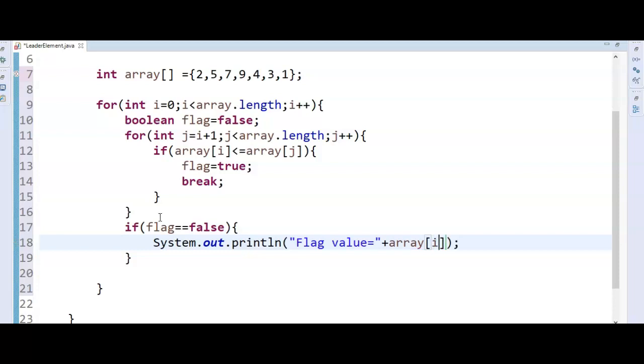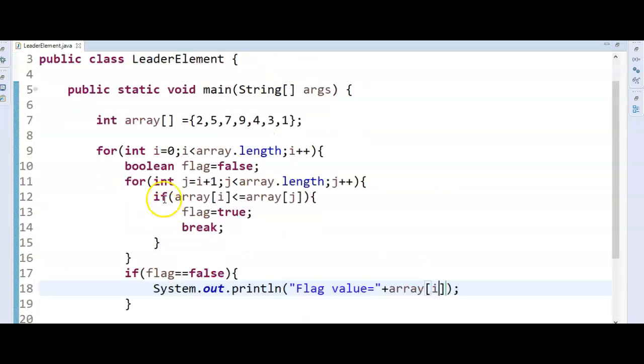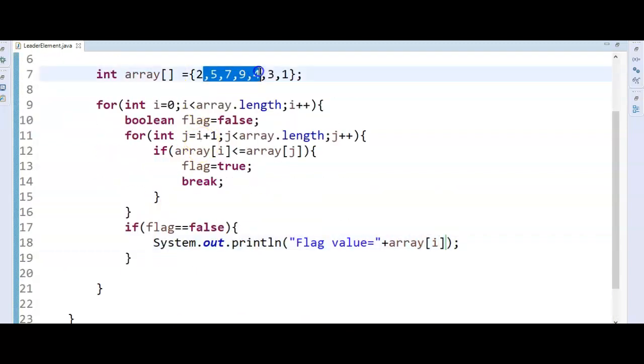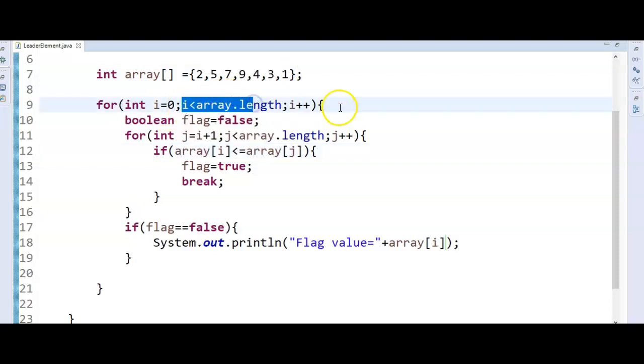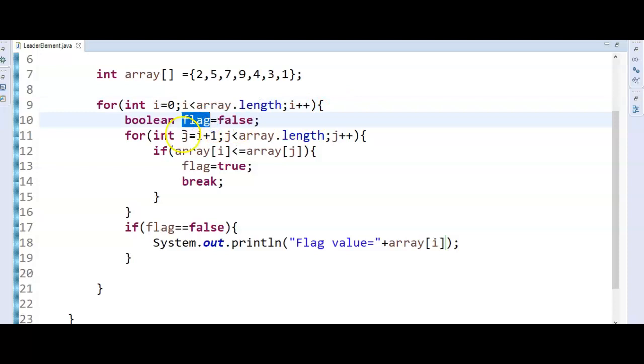Okay, so this is how it's written. 2579431. For int i equal to 0, i less than array dot length, i plus plus, boolean flag equal to false. For int j equal to i plus 1, j less than array dot length, j plus plus. If array of i is less than array of j, flag equal to true.